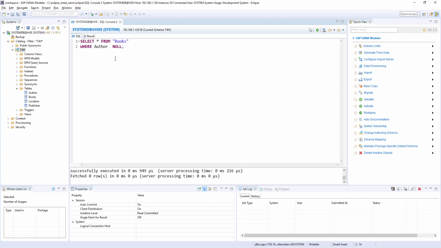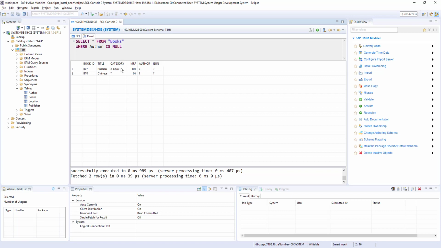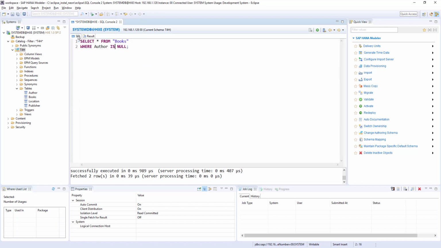Here we need to use is: where author is null. Then I'll get 2 records with the null values. So when you are searching for null values, you need to use is null. Okay, so is null, we got 2 records.